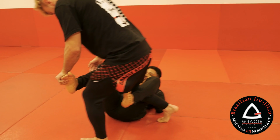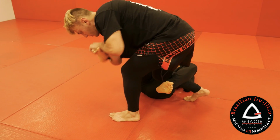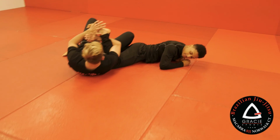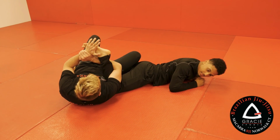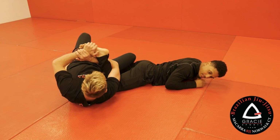My right foot behind is going to hook here, so I want to bite his leg when I roll so it doesn't escape. So I have this position. As I'm rolling, I'm bringing my right foot close to my bottom to end up here. And once you land, take your time. Don't try to squeeze while you're rolling, because it's very easy to hurt your partner's ankles. Wait, get here first, get this good position, and now turn,